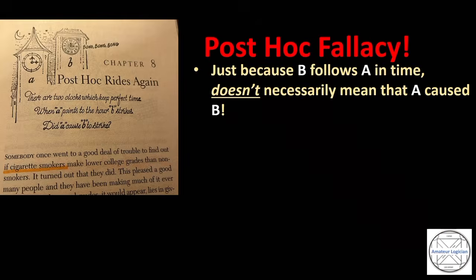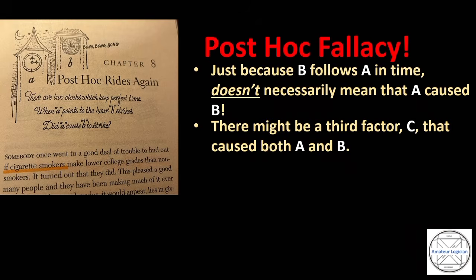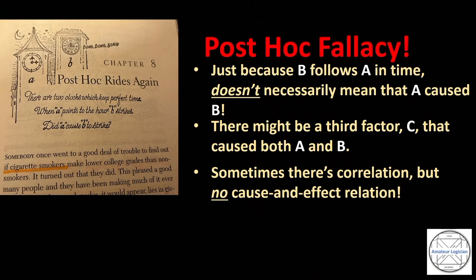Another important topic covered in the book is the famous post hoc fallacy. Just because B follows A in time doesn't necessarily mean that A caused B. A may be prior to B, but that doesn't mean it's the cause. There might be a third factor, C, that caused both A and B. And sometimes there is indeed a real correlation between the two, but no cause and effect relation whatsoever. Correlation between two things doesn't necessarily entail any causality between those two things. We have to be careful not to confuse a statistical correlation with any claim that one thing actually caused another